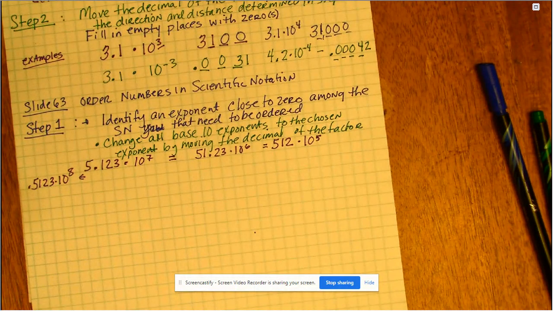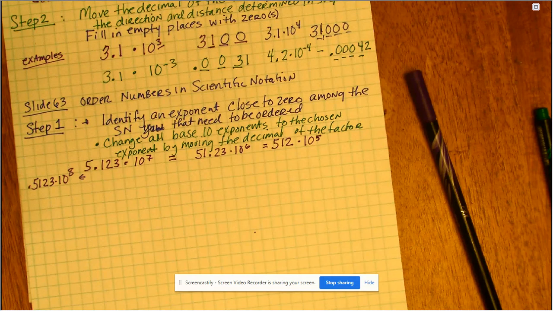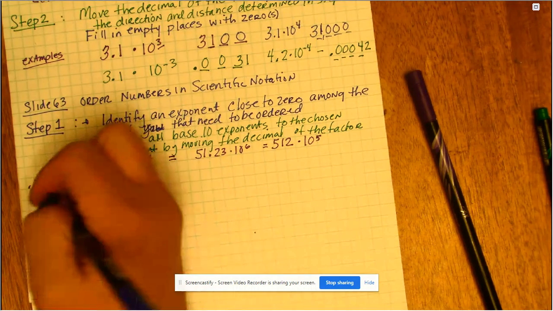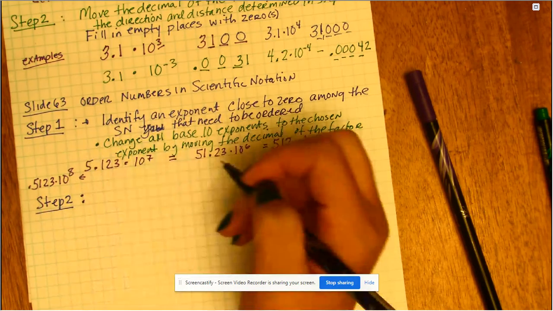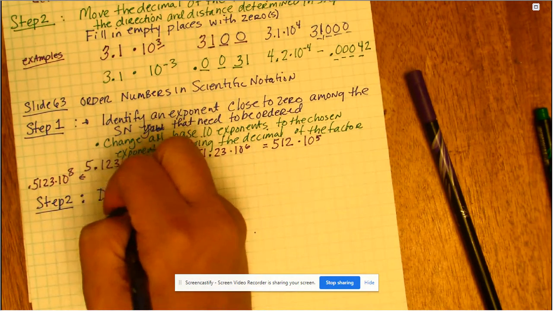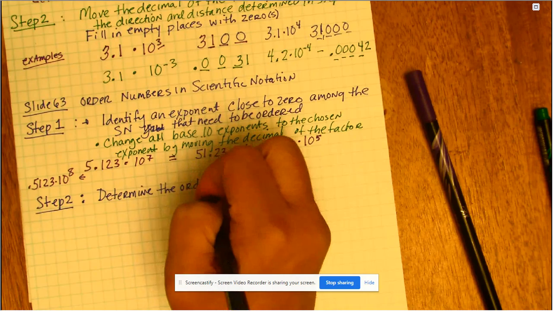It's not going to keep it in scientific notation, but for ordering, I don't necessarily need it in scientific notation yet. I'm just trying to figure out what number is the largest versus what number is the smallest. And the easiest way to do that is to compare apples to apples, right? And if the numbers all have different base 10 exponents, that's apples and oranges. We need them all to have the same exponent, so then they're all apples. So then step 2 is to determine the order